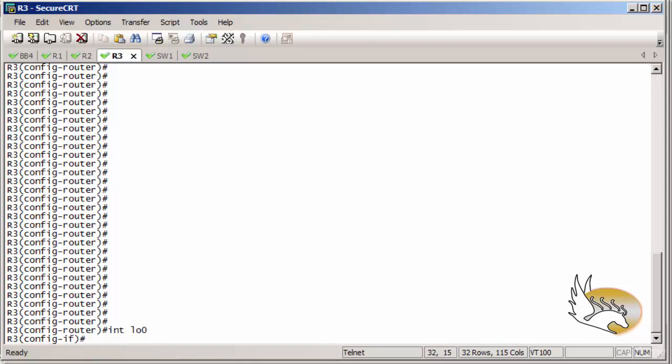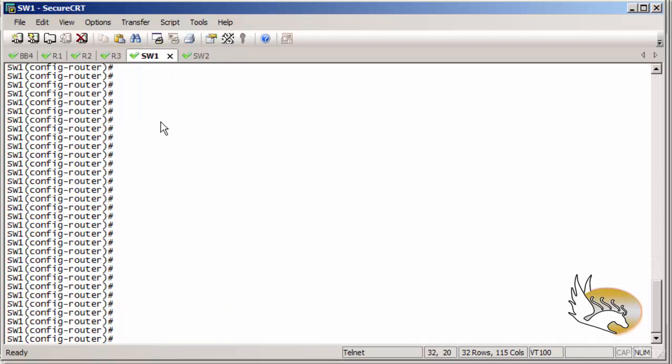Let's go to router 3. Interface loopback 0 is going to have IP address 110.133, 24-bit mask. And under router EIGRP 100 I add this, and let's do the same on switch 1. IP address 110.155, 24-bit mask. Router EIGRP 100 is going to have